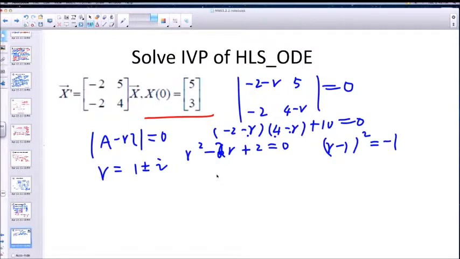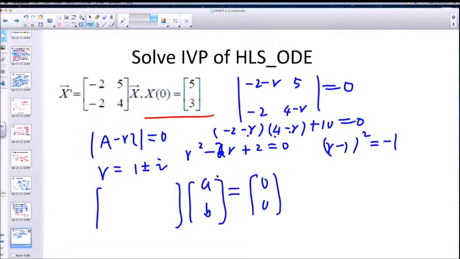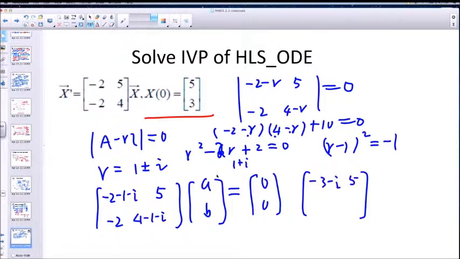So I only need to solve one in this case. Then the other one comes automatically by conjugate. So if I put this r equal 1 plus i, and then negative 2 minus 1 minus i, 5, negative 2, 4 minus 1 minus i, and reduce this, it's negative 3 minus i, 5, negative 2, and 3 minus i,